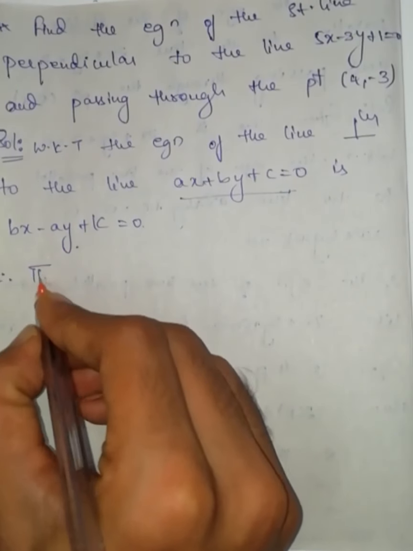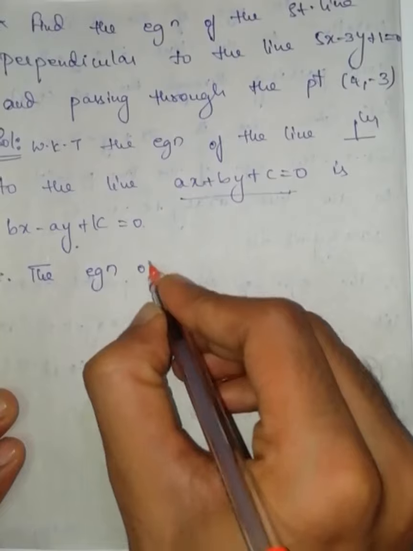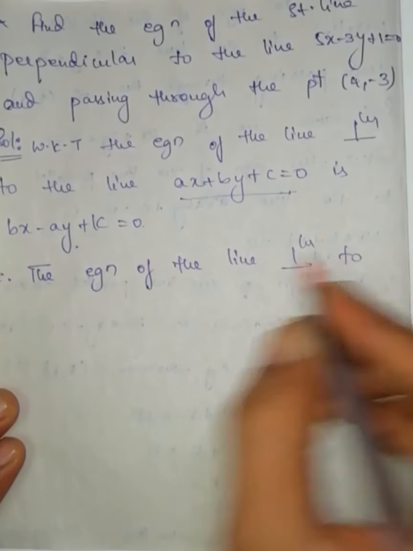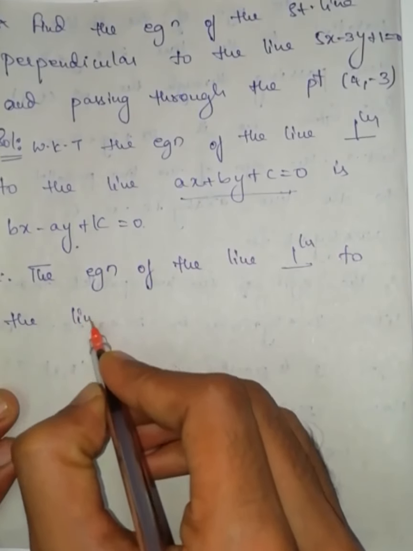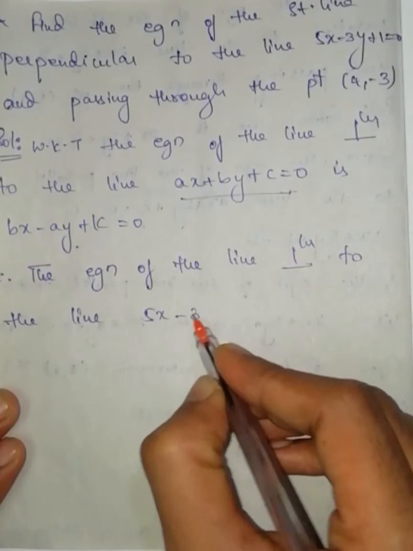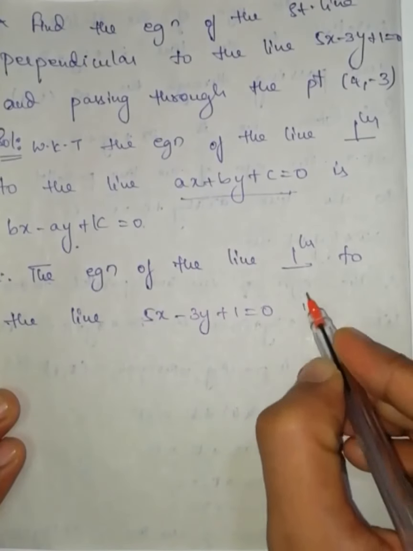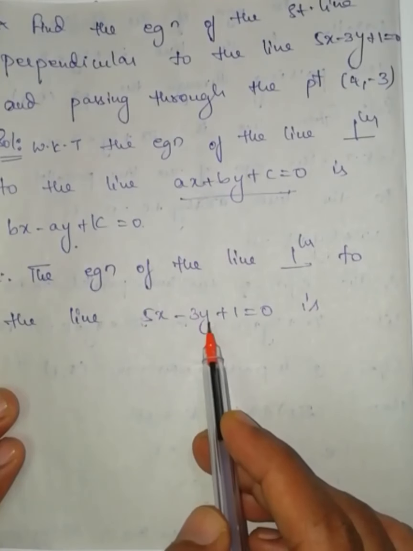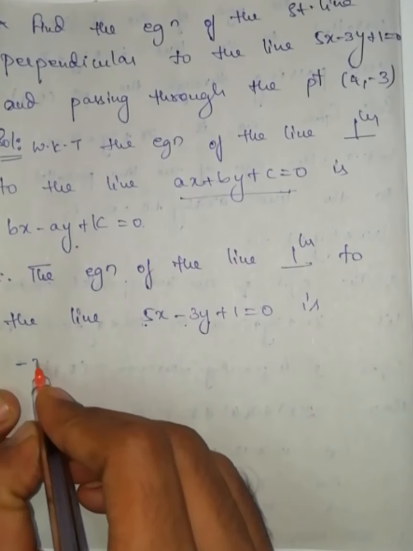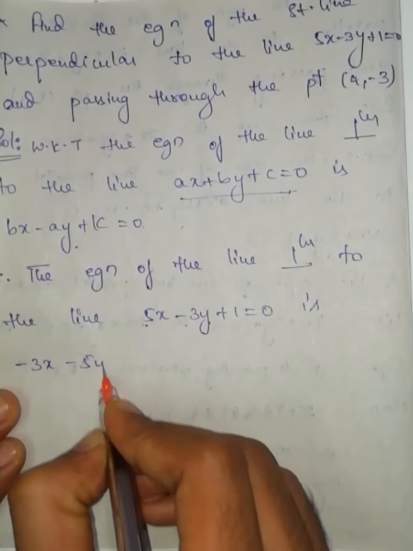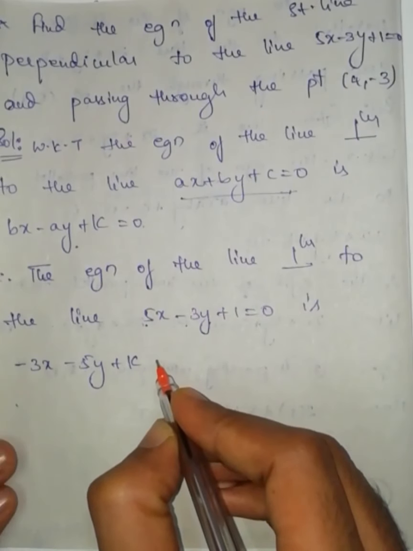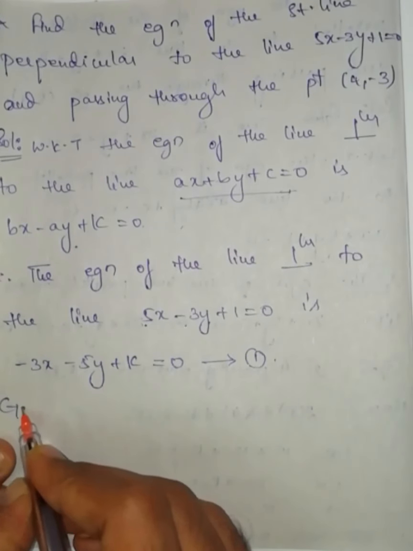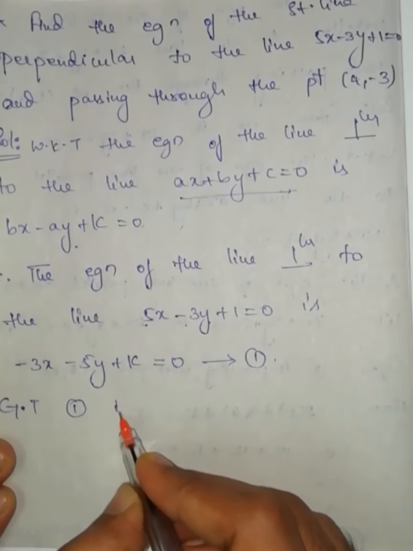Therefore, the equation of the line perpendicular to the line 5x - 3y + 1 = 0 is, here a is 5, b is -3. Just compare this one and this one. So we will get -3x - 5y + k = 0, equation number 1. Given that equation number 1 is passing through